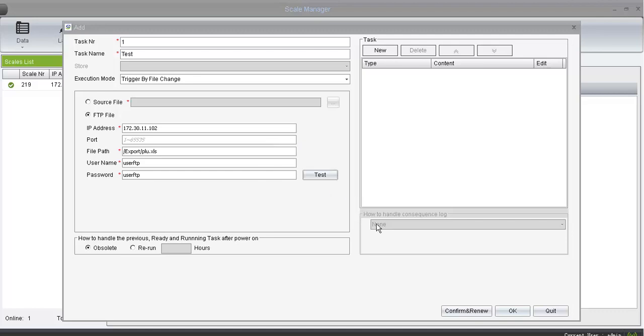We have learned all about the schedule task execution mode. In next video, we will learn how to define tasks,